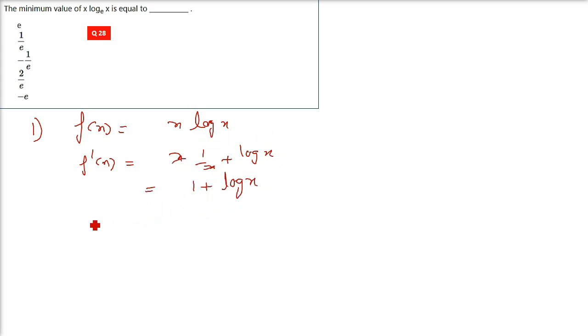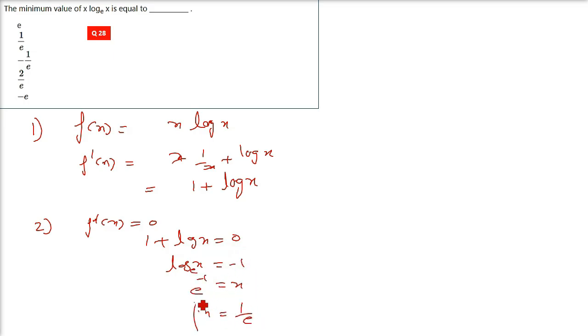When we have 1 plus log x, the second thing is f dash x equals 0. So 1 plus log x will be equal to 0. Log x will be equal to negative 1. So e raised to the power minus 1 is x. So x will be equal to 1 by e. So x equals 1 by e is the point of extreme, or critical point,